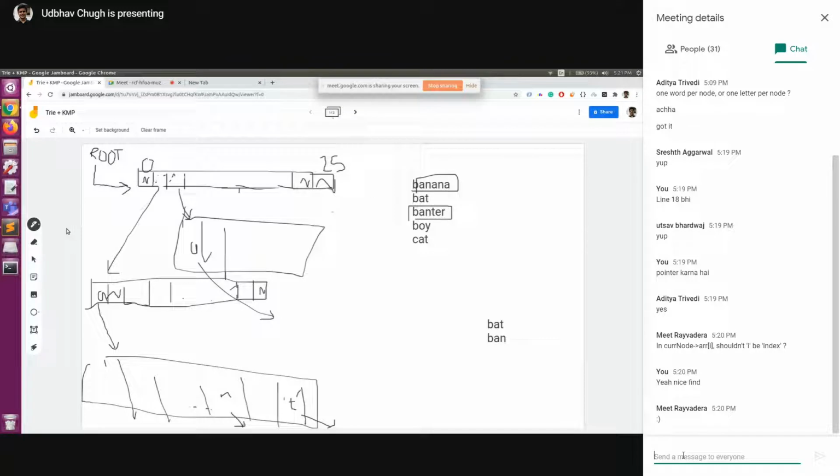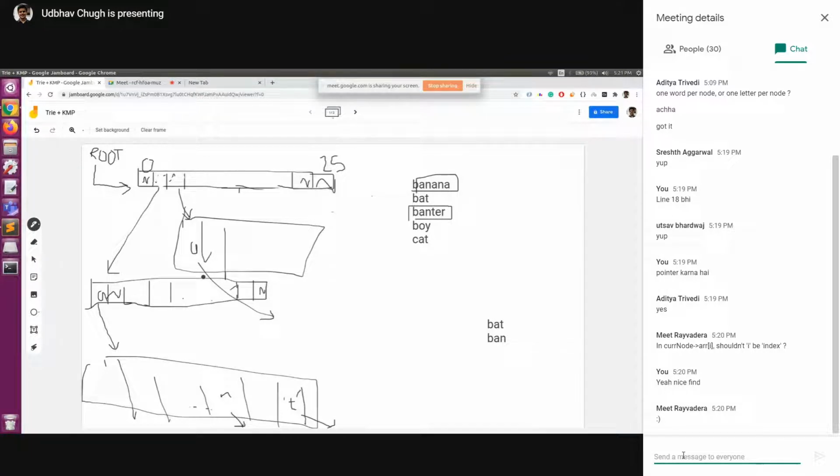So apart from this structure, we'll also need one more Boolean variable which will indicate whether this particular 26-size array is the end or not. If we are inserting banana, we insert B, A, N, A, N, A, and the last A will be pointing to another array of size 26 which has all null values. That array will keep its Boolean variable, the end flag, as true.